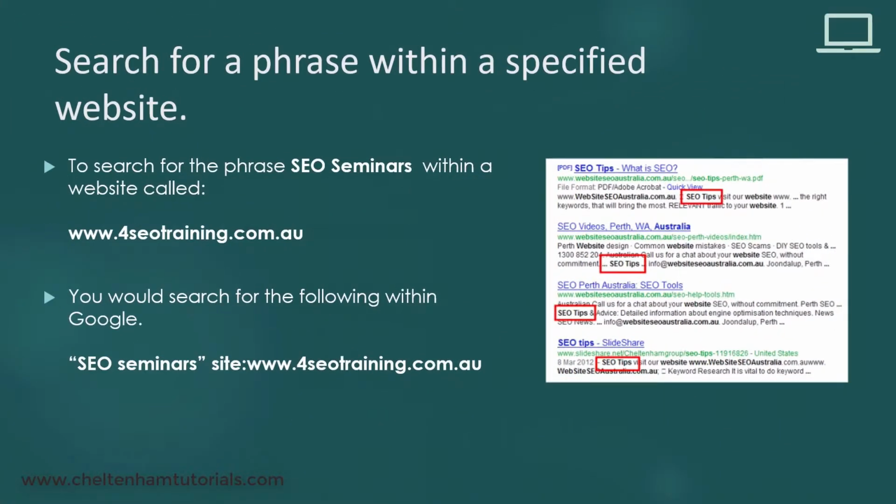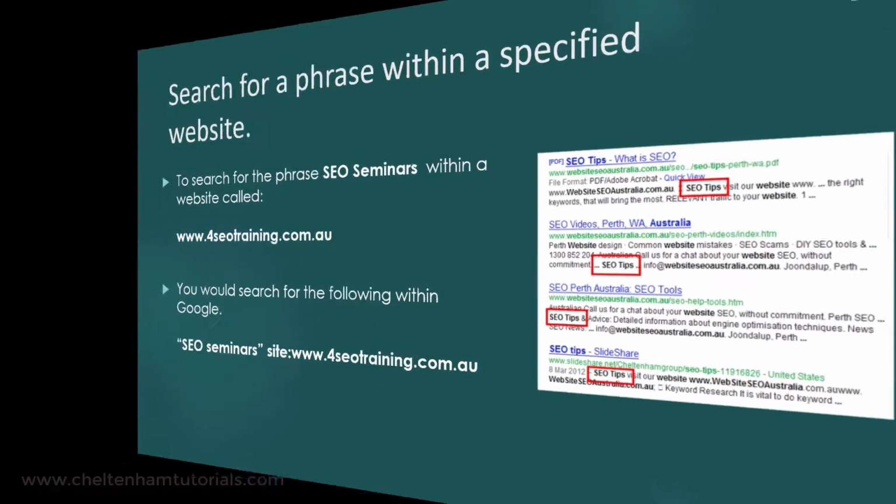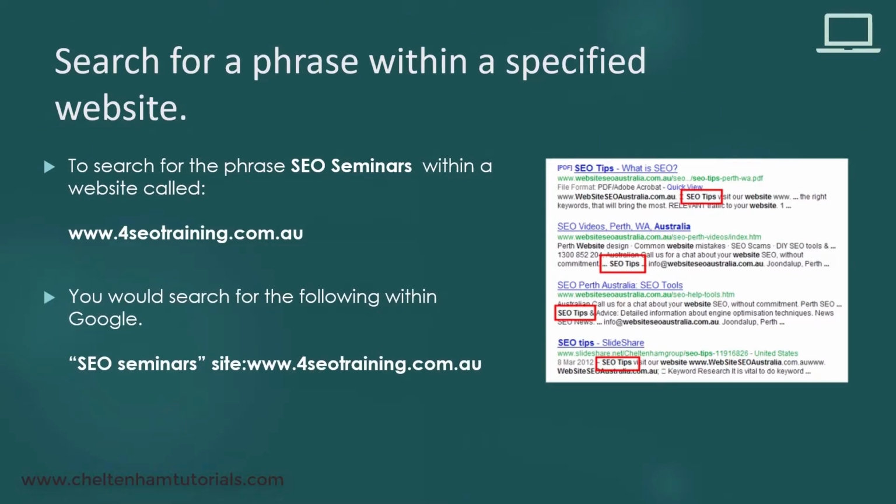Now, normally when you do a search, it searches the entire web as far as Google knows about it. If you want to, you can do a search within a particular website. So let's say I wanted to find the phrase SEO seminars, but I only wanted to search within a particular website, in this case www.4seotraining.com.au. As you can see at the bottom there, I'd do a search for SEO seminars, which I'd contain in inverted commas, and then I'd type in site: and then the name of the specific site I wanted to search. So in this case, that bottom line of text there would search for the phrase SEO seminars, but only in the site